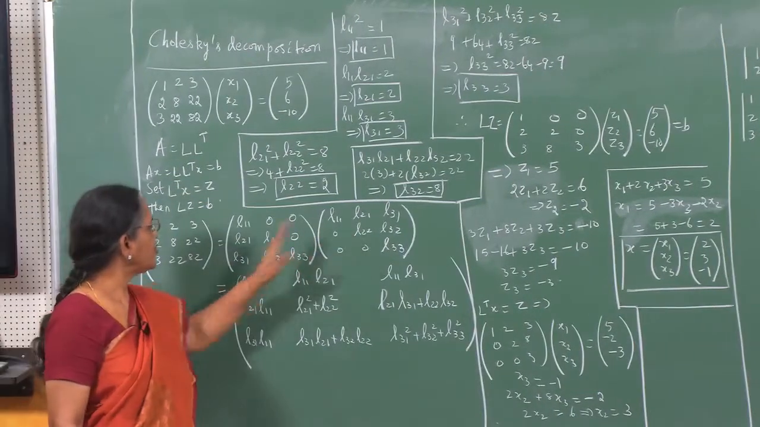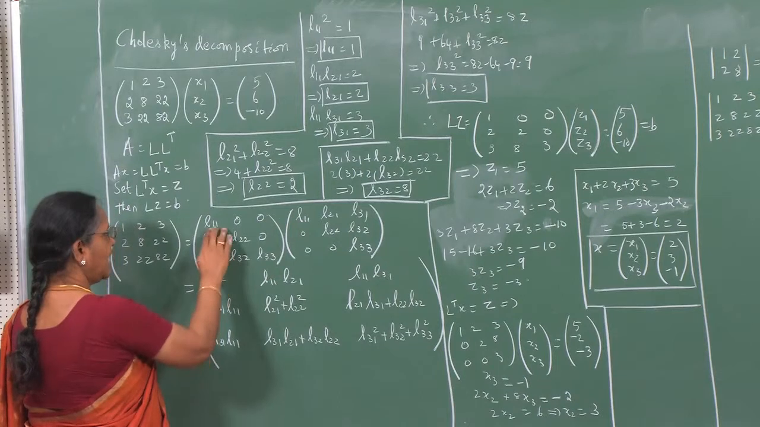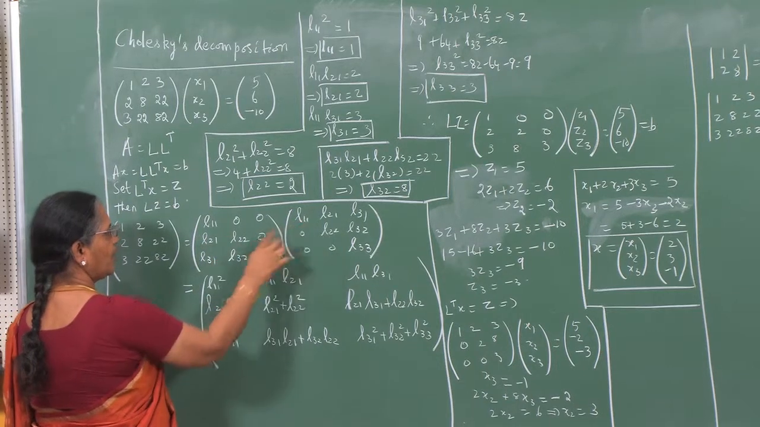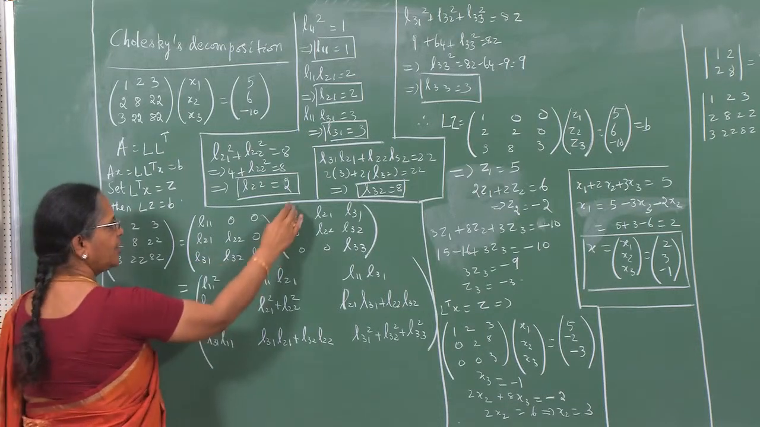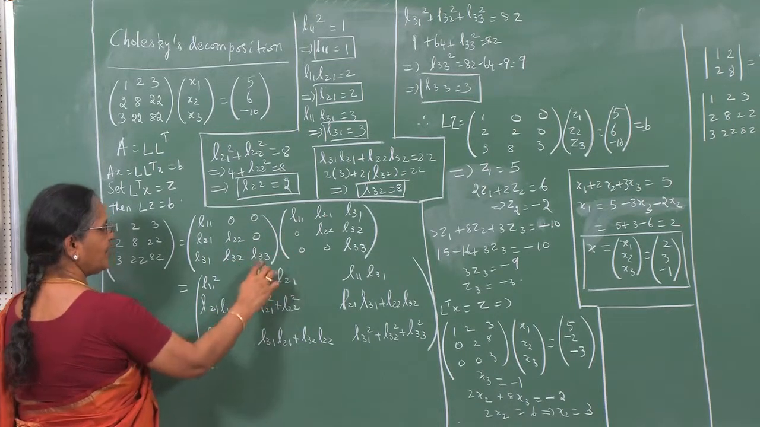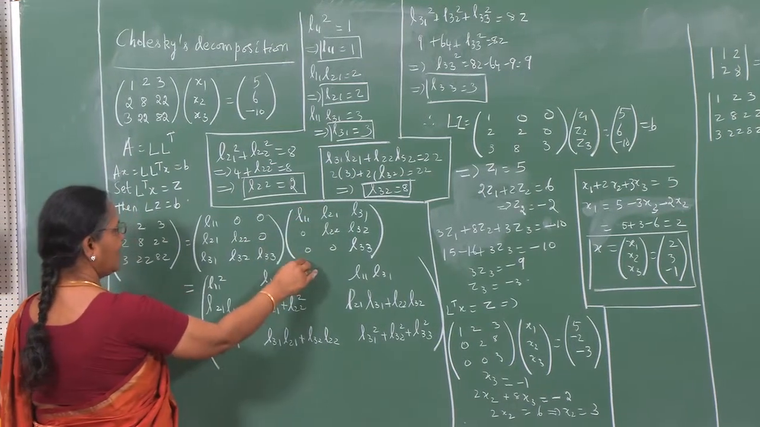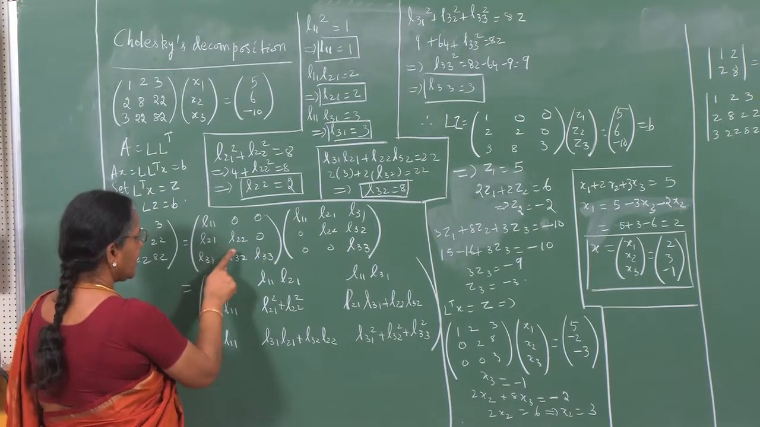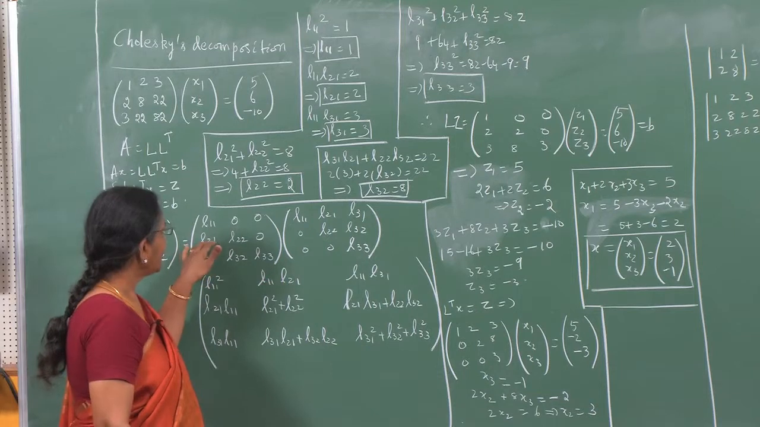So, we multiply the two. The first row into the first column will give you L11 square. The second row, first column will give you L21 into L11 plus 0 plus 0, so it is L21 L11. Then the third row into the first column will give you L31 into L11 and the rest of the two terms will be 0. Then we consider the second row into the first column, that will give you L21 L11 plus 0 plus 0. So, that is what is written here. And then the second row into the